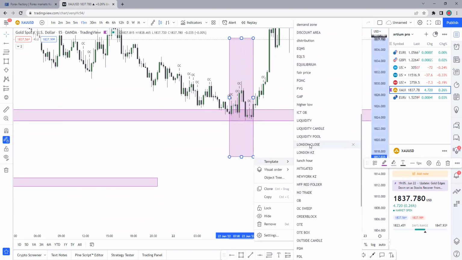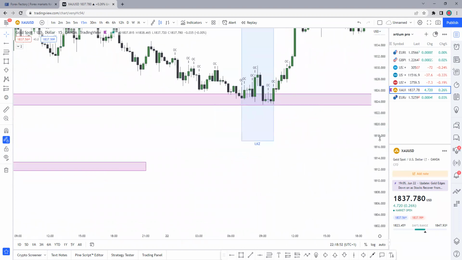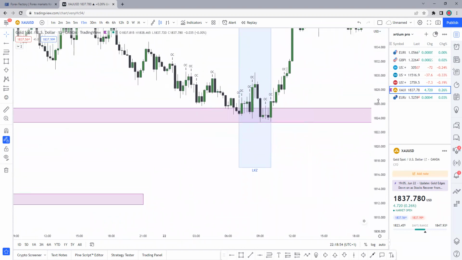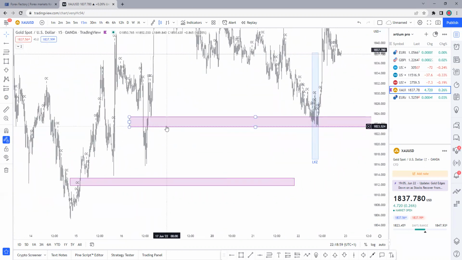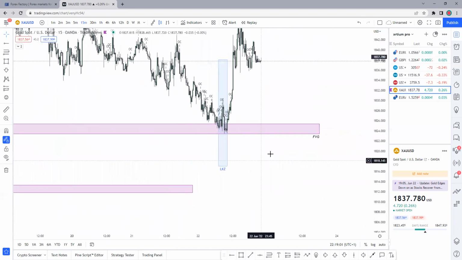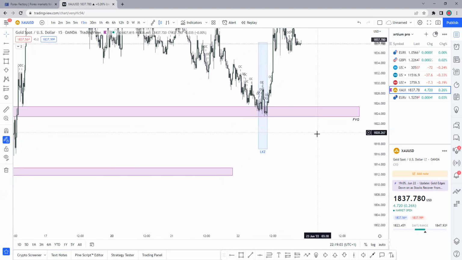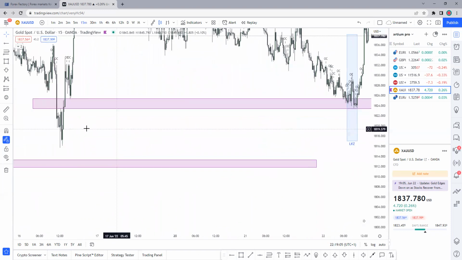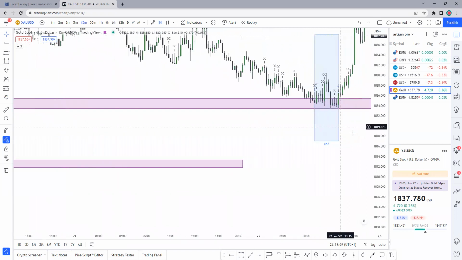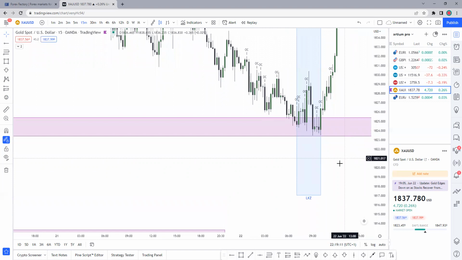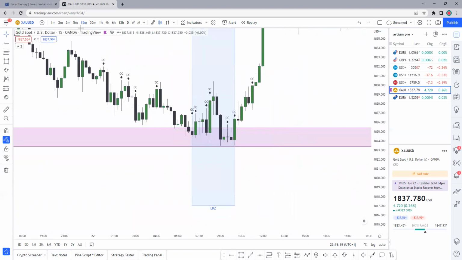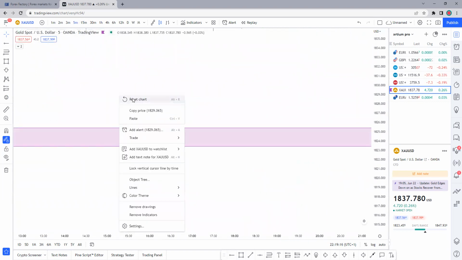You've got London kill zone around this area, so you'd be looking at price in and around this time. You can see that we've got a fair value gap here on the 1 hour. This is a 1 hour fair value gap. We do have that one lower down, but we can see that price is actually generating liquidity in this area now and sweeping it. So if we went down into the 5-minute,